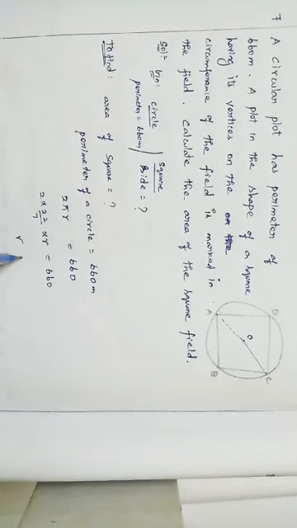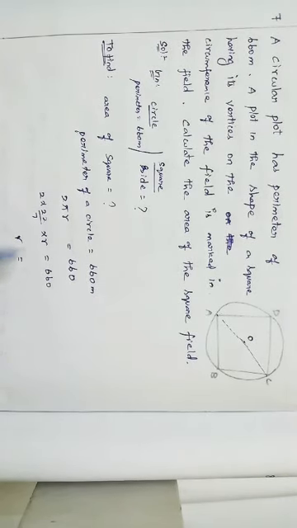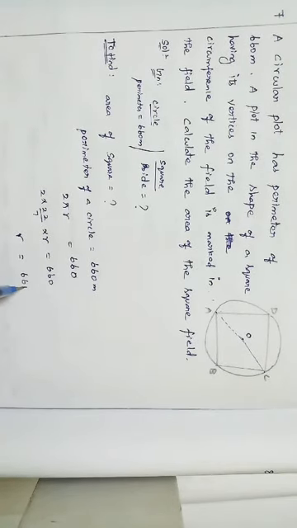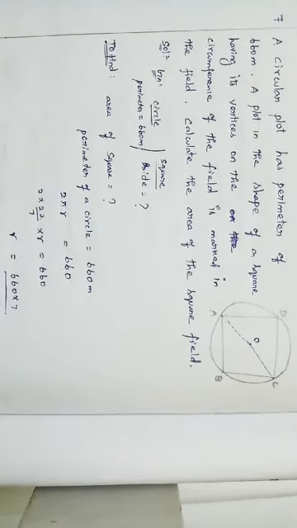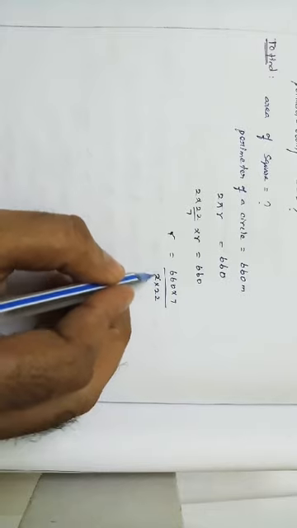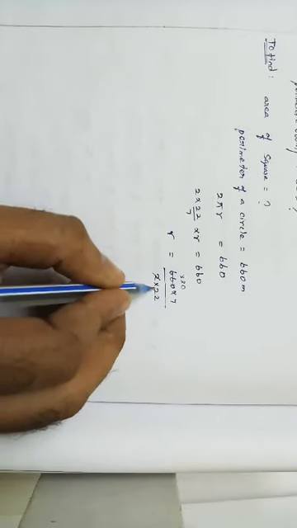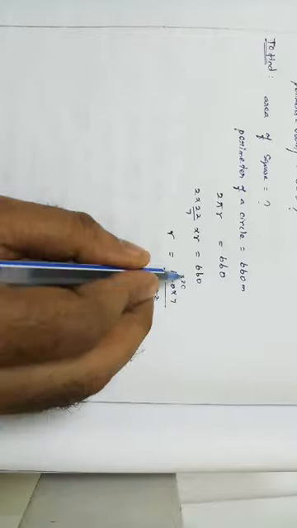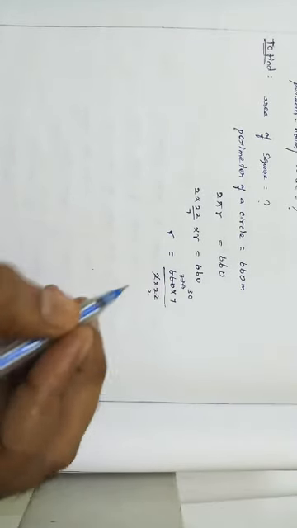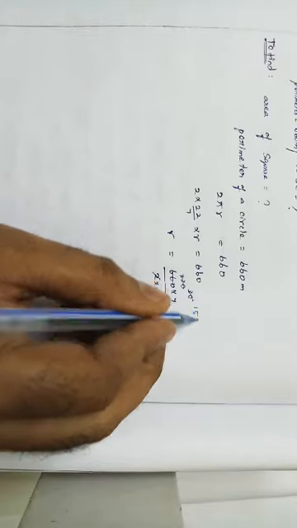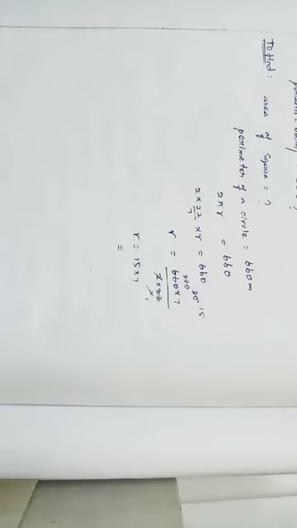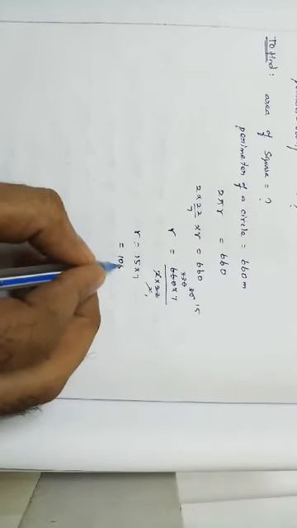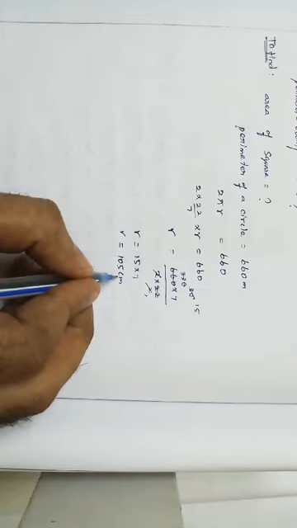Keeping r alone on the LHS and taking all the other terms to the RHS, the numerator goes to the denominator and the denominator goes to the numerator. So r is equal to 660 into 7 divided by 2 into 22. Simplifying, 2 elevens are 22, 330, and both are divisible by 11 tables. 2 times 30 times, 1 times 15 times. So r is equal to 15 into 7, that is 105 centimeter. So the radius is equal to 105 centimeter.